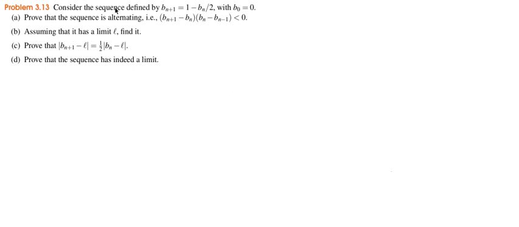3.13. Consider the sequence defined by b sub n plus 1 equals 1 minus b sub n over 2, with b sub 0 equals 0. Okay, so this sequence is going to be different, because the first question is to prove that the sequence is